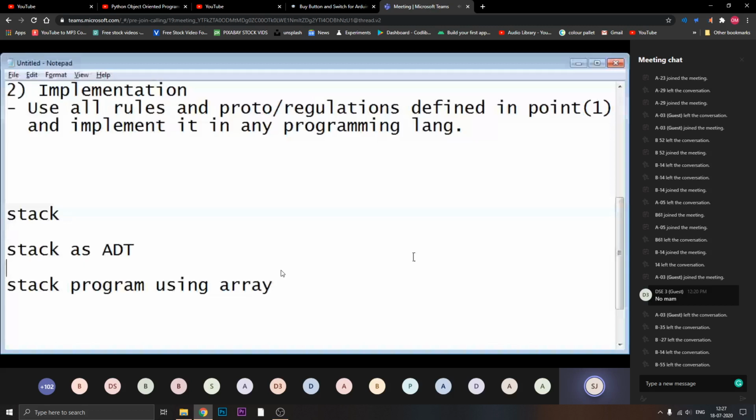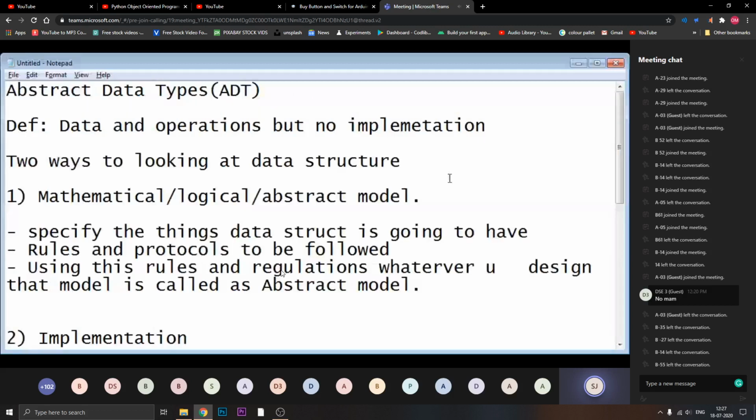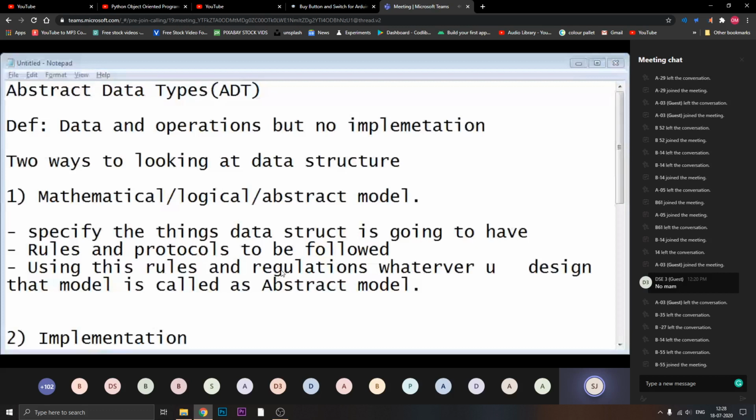This is all about abstract data types. If you have any doubt, anyone please give me one example, like I gave the example of a smartphone. Anything you have, you can give as an example of an abstract data type, like I did.